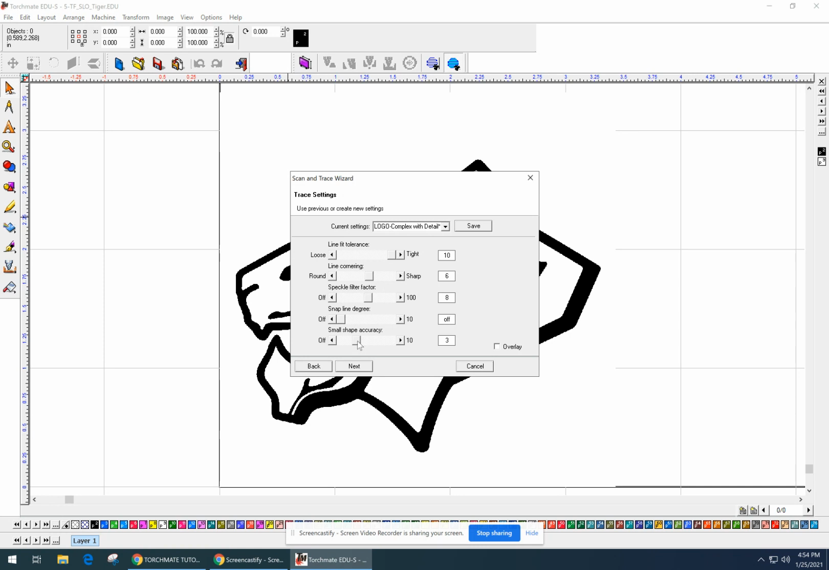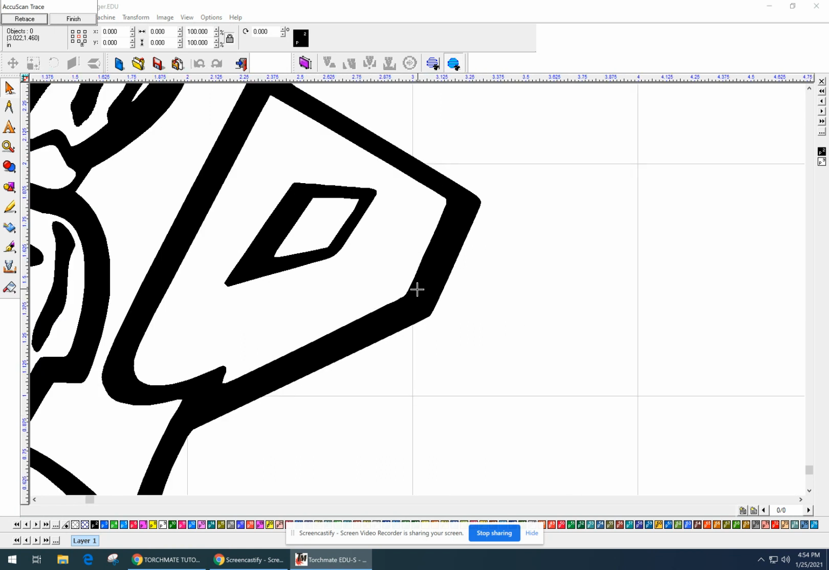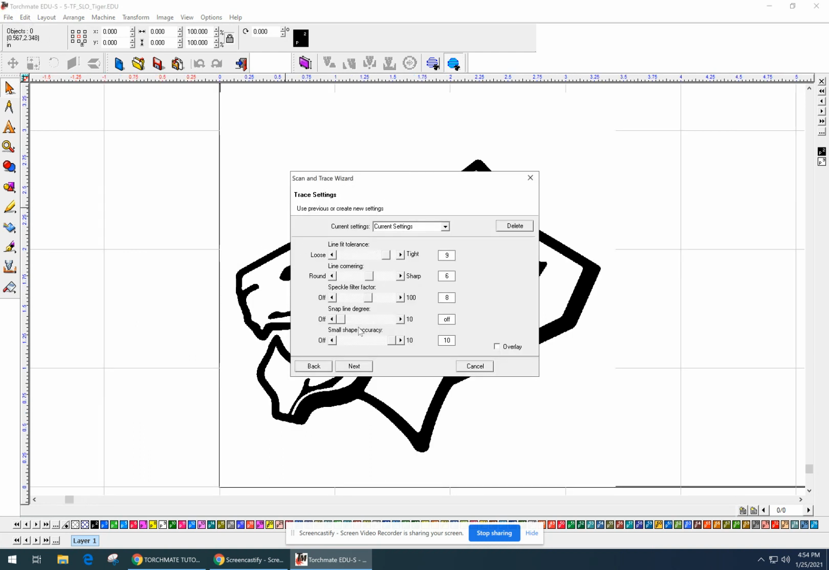Let's take the small shape accuracy. Tell you what, let's leave that at 9. Let's take the small shape accuracy just to see a drastic change. Let's change this to 10 and see if that does anything. And I'll go Next and apply. Actually, it didn't. It still looks pretty good. I think either way we'll be okay. So I'll just leave that back at 3 where it was,